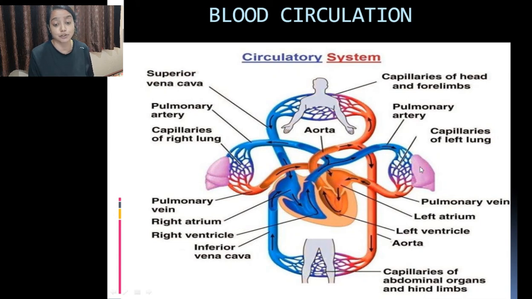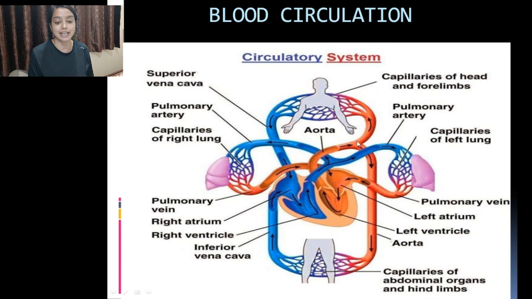The pulmonary artery sends this blood to the lungs, and here, from the capillaries, through gaseous exchange, the blood becomes oxygenated, and the oxygenated blood goes to the pulmonary vein. From the pulmonary vein this blood goes to the left atrium. From the left atrium the blood goes to the left ventricle,